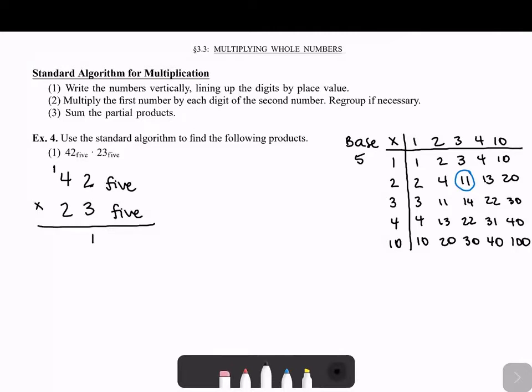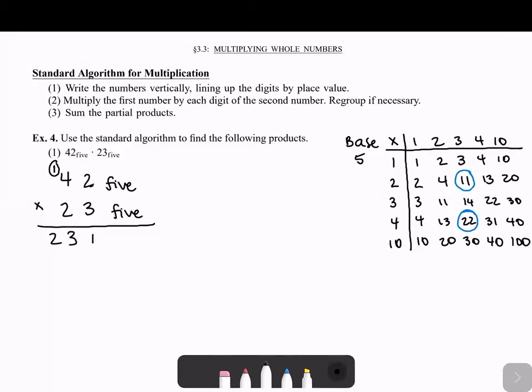Now we do 3 times that 4. So 3 times 4 looks like this. Oh, not that one. Looks like this 1, 2. I'm sorry, looks like that 2, 2. So we're going to have 2, 2, and then we add 1, right? We're going to add this one right here, and then we get a 2, 3. Okay. So now that we've done the unit on the bottom,